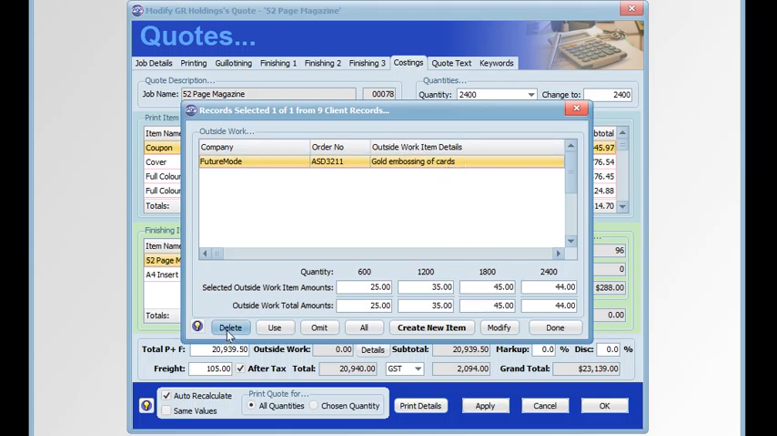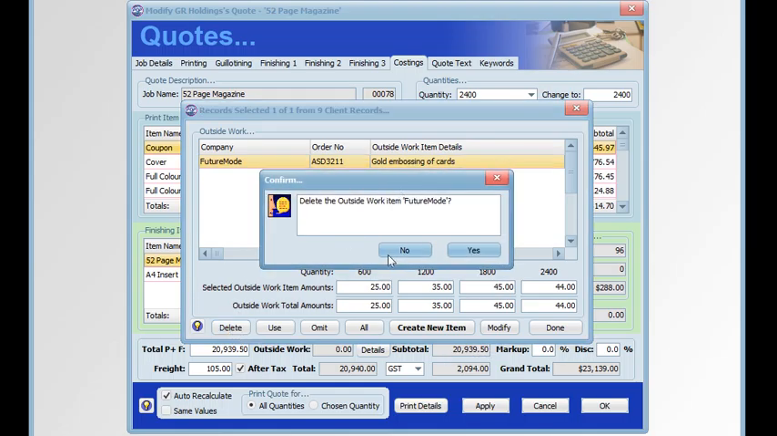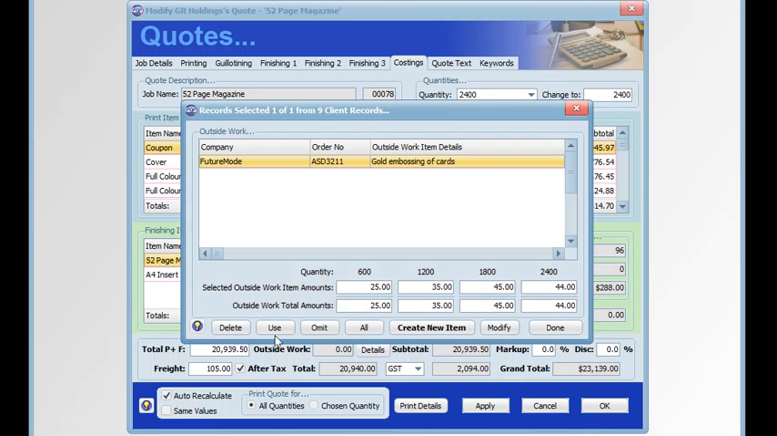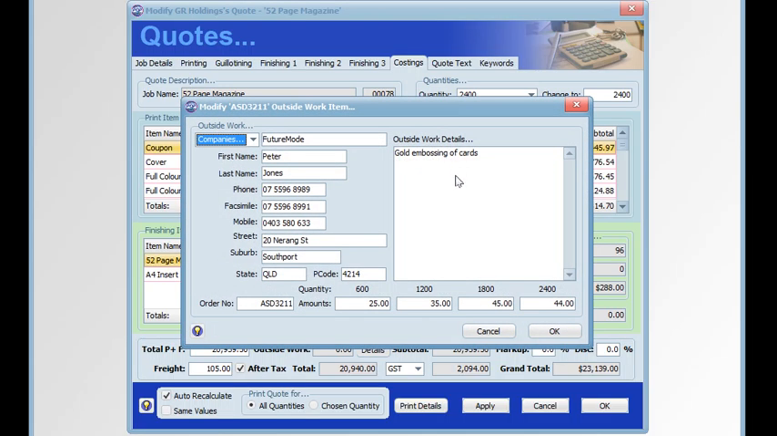Here we can delete items. We first select them, click the delete button, and we're asked to confirm the deletion. If we've got a number of items, we can choose to use or omit items in the same way we can in other output layouts. All selects all the items linked to this quote. We can also double click on the item to modify the item,